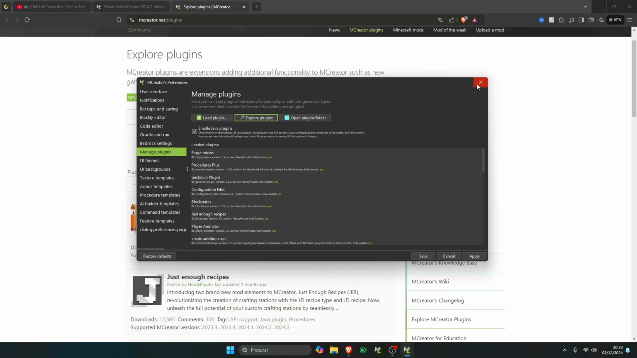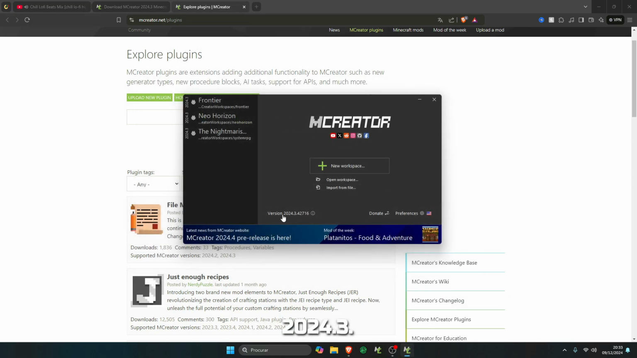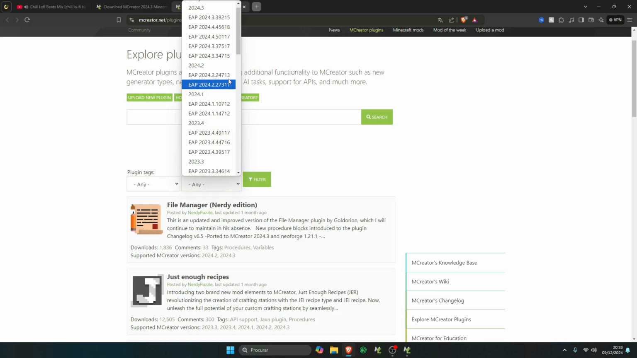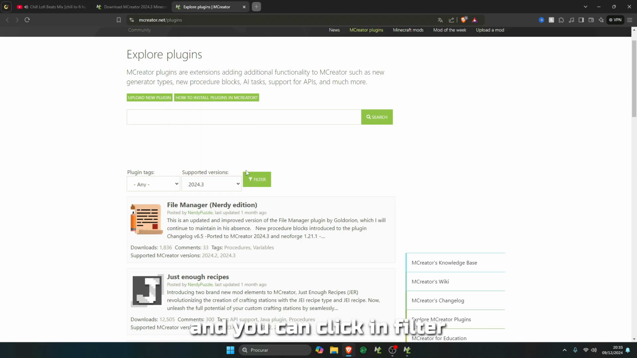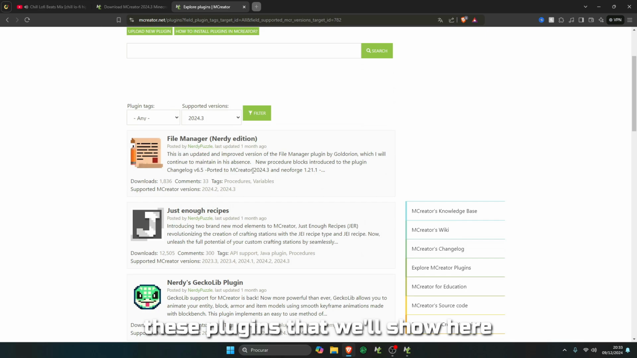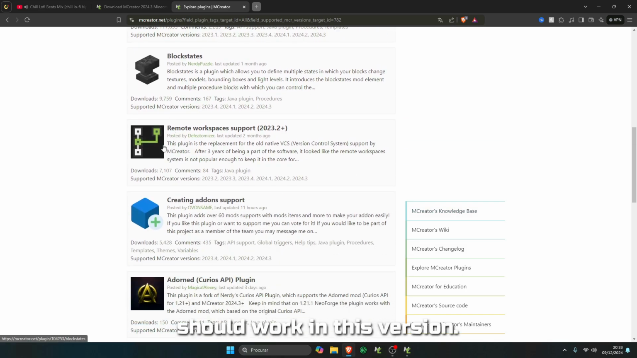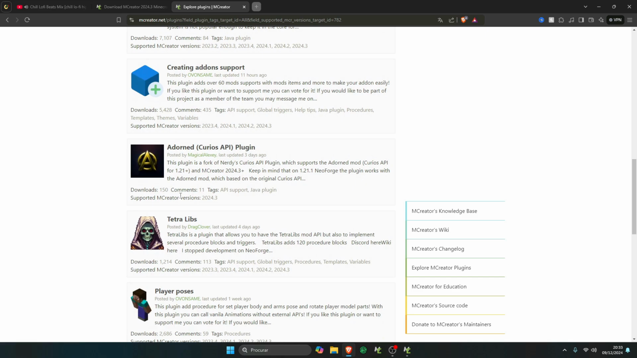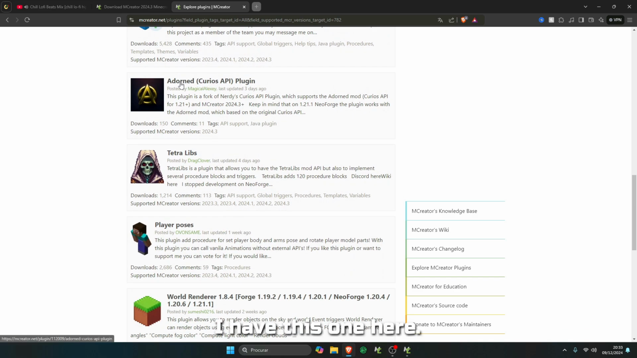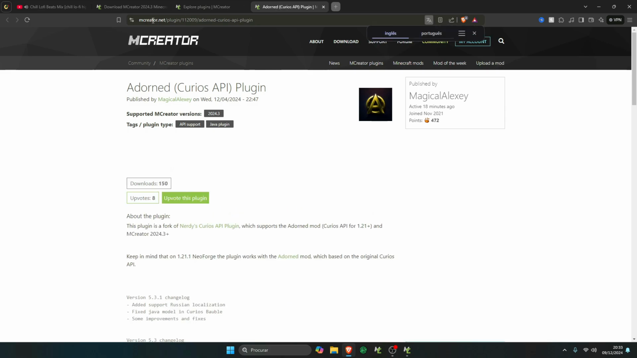In this case, our version is 2024.3. Okay, so in this case I select .3 here, and you can click filter, and all these plugins that will show here should work in this version. Okay, all the things that are here. For example, I have this one here. This is a fork of the Curios API. So in this case,